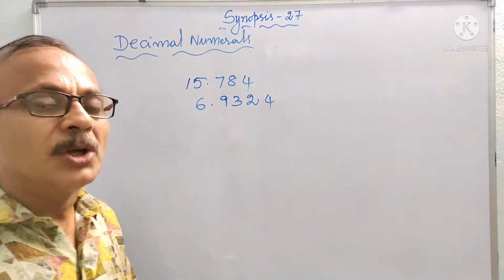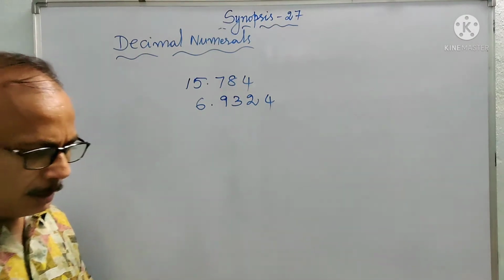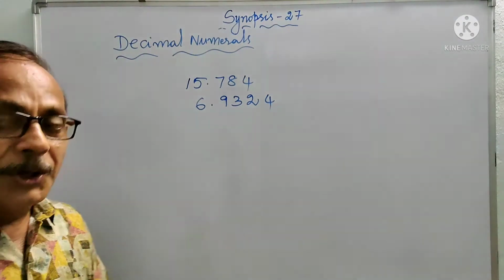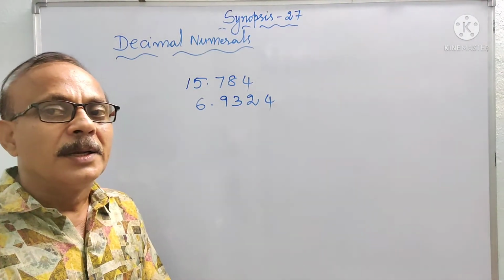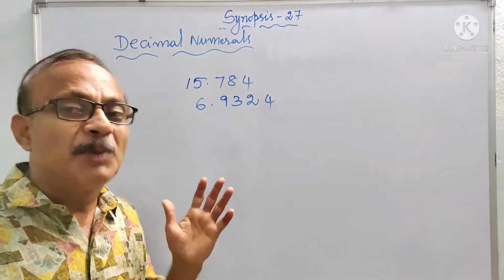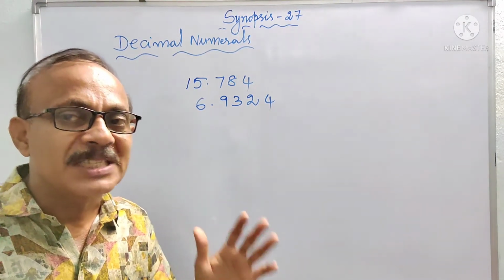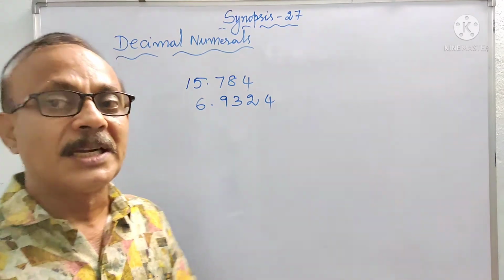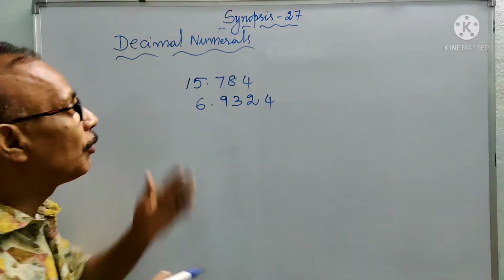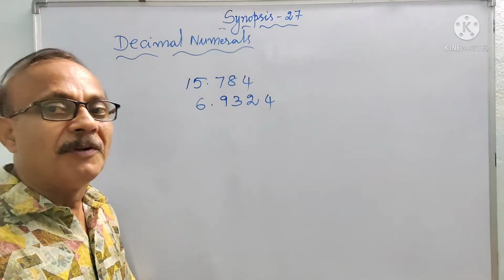6.9324. So whenever you are reading a decimal, how do you have to read it? You have to read it after the decimal point. Each digit must be read separately. That is how we have to read it. So we have to read the above decimal